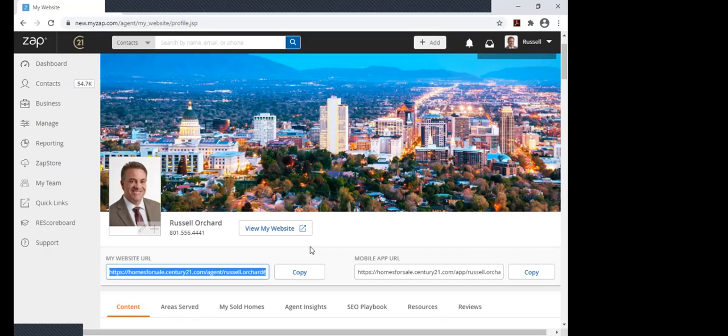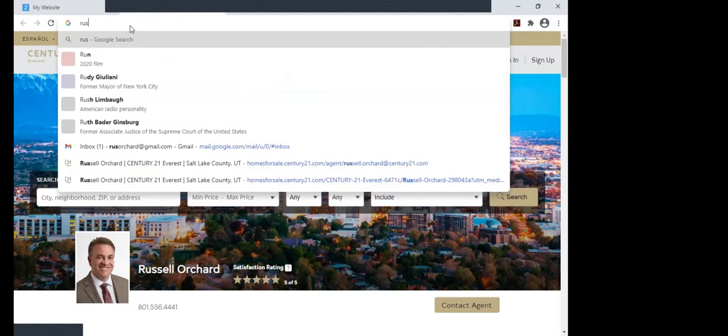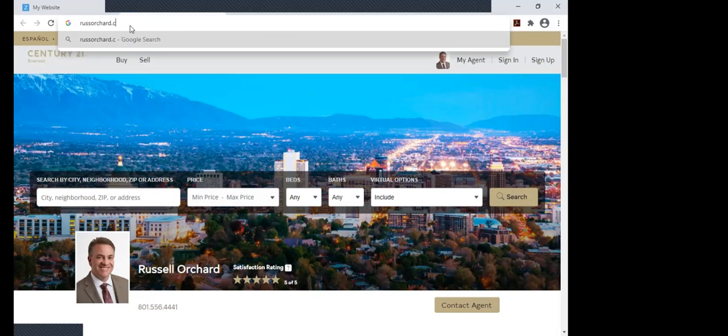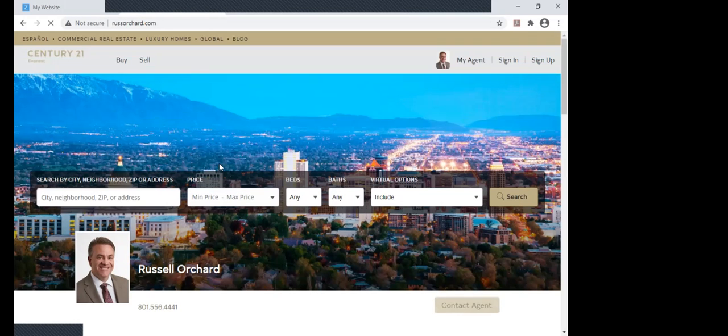And so typically what I would recommend, if you're going to use your Zap site, is if you go to something like GoDaddy or some type of domain registrar, you can purchase a domain. So let me show you what I have done. You'll notice here, this is the long URL for my website. But if I come up here and I went and bought russorchard.com, if somebody just goes to russorchard.com and hits enter, you'll notice what's going to happen here. There we go. I was going to say all of a sudden there was a problem, but it's loaded exactly